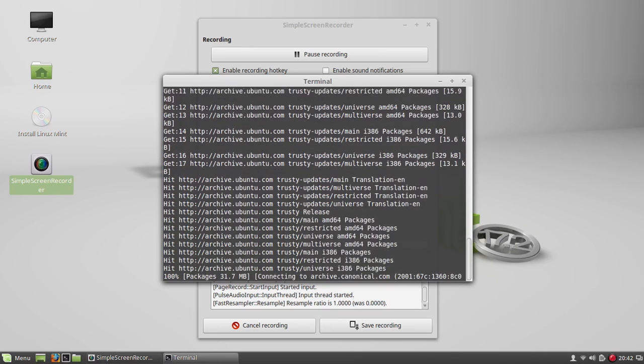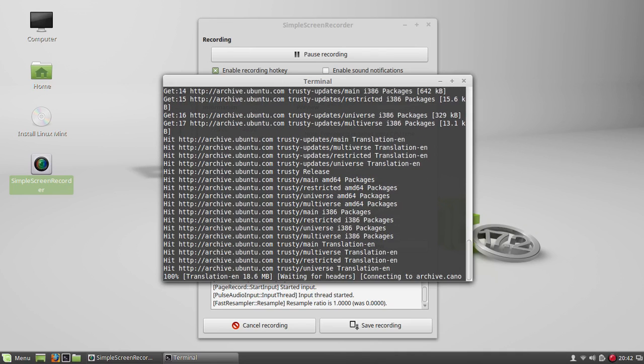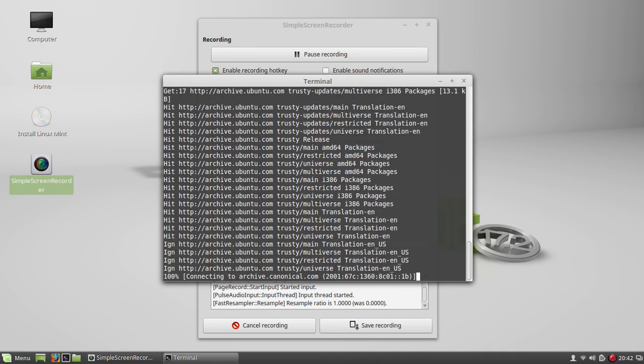And once it's updated, that's the first part, because you have not upgraded yet. You've just updated. So that's one thing you need to know. So here, for example, connecting to archive.canonical.com. This is a place where it will take a little while again, and finally give me the command line